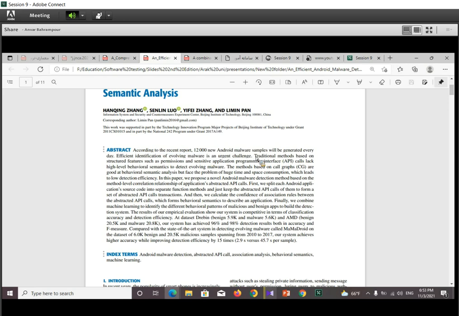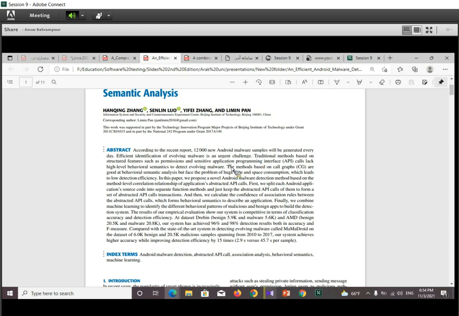Traditional methods based on structured features such as permissions and sensitive application programming interface or API calls lack high-level behavioral semantics to detect evolving malware.